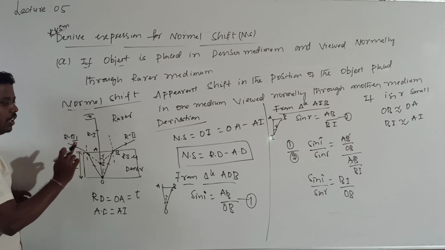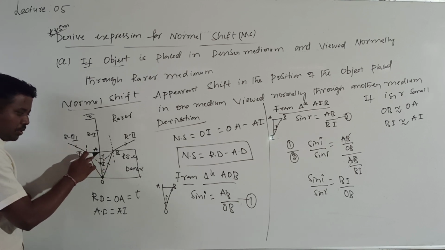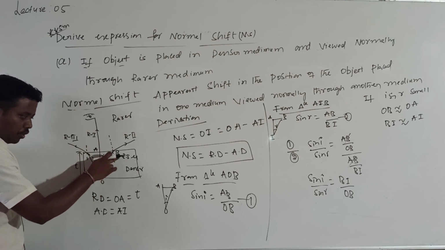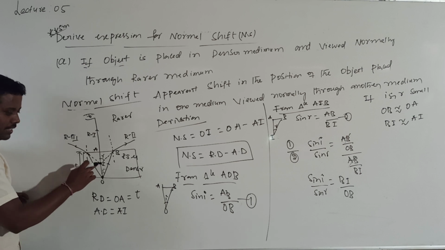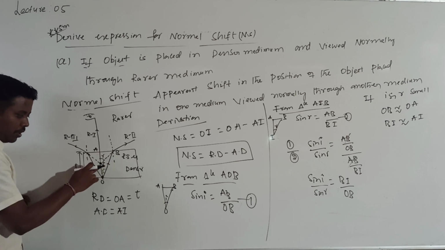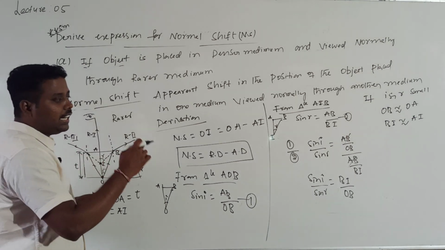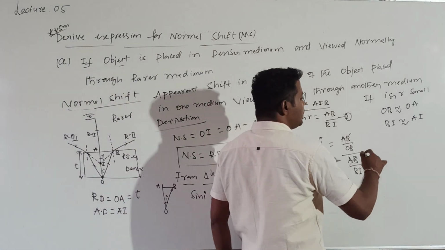When the value of r is very small, B is very close to A. Then the distance measured from O to B is very close to O to E, and the distance measured from I to B is very close to A to I. Can I write this down? If I substitute this, what will I get?